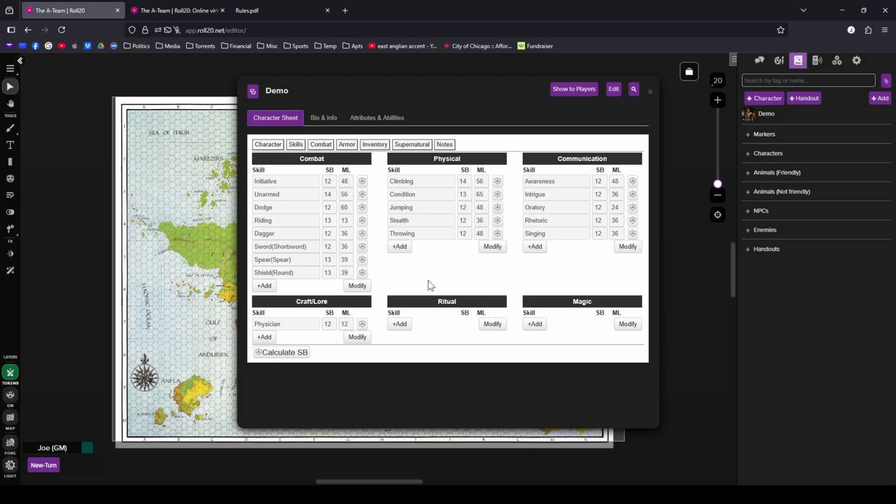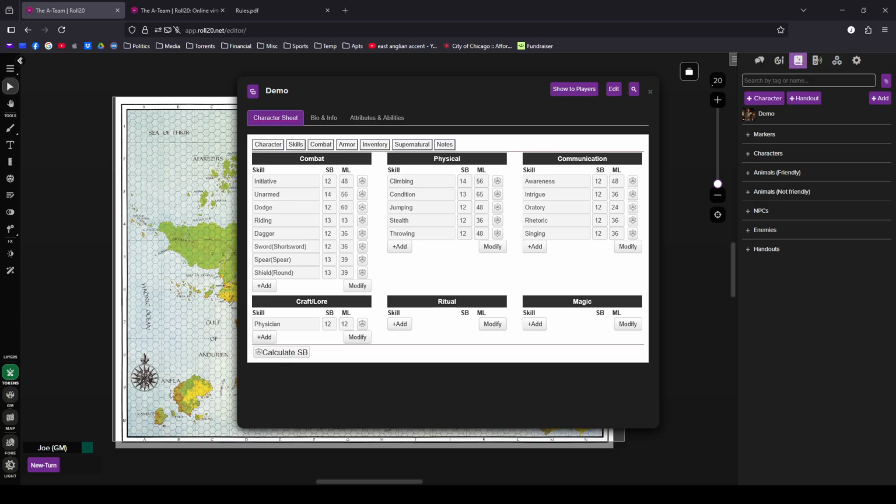Now there's things for the occupation that would help for that, but we're not going to deal with that. Ritual depends upon obviously your religion. Magic depends upon your convocation. I'm not going to deal too much with that at the moment. But again, you can add any skill like that. Okay, so